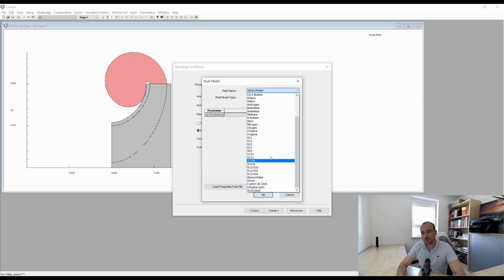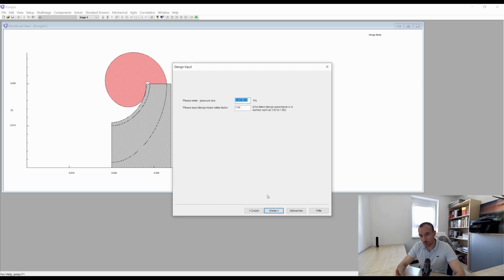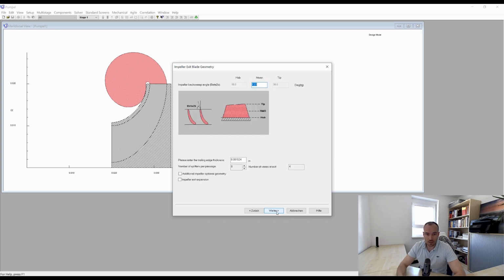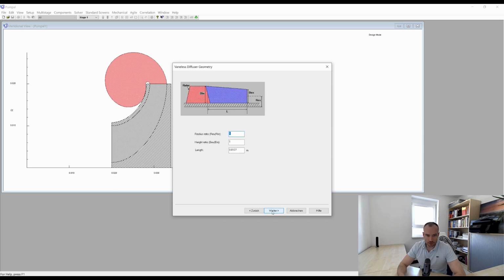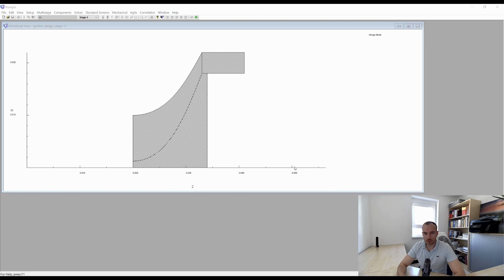So all meanline tools offer a variety of fluids and also specific heat polynomials or NIST libraries for each fluid. The total pressure rise in our case will be 20 bars, and we will have to apply some geometric values, all of which we will be able to change later during the design. So we're going to apply some angles here, then we come to the vaneless diffuser, and then we already reached the end of designing